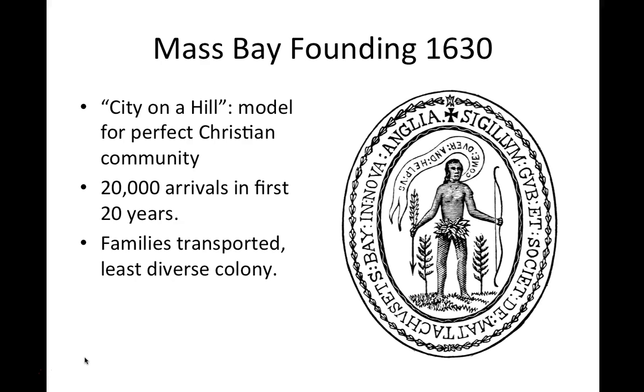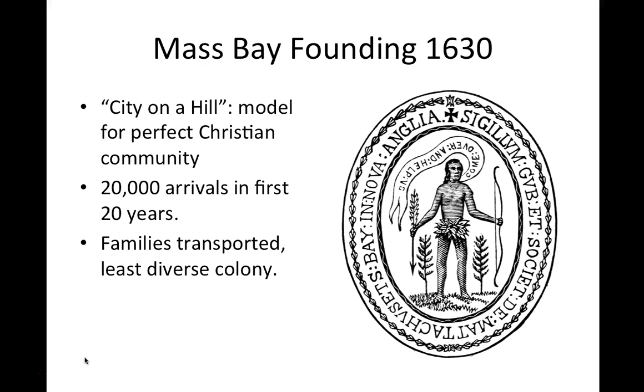All right, but much more historically significant, we have the Mass Bay founding, in which we have a city on a hill. And they really believe that they're here to create, as I said before, a model for a perfect Christian community. And in the first 20 years, they get 20,000 people. This is sort of seen as we're going to abandon the corruption of England and the corruption of Charles II, and we are off. And more importantly, they're transporting families. And they are really trying to transplant their society somewhere else,